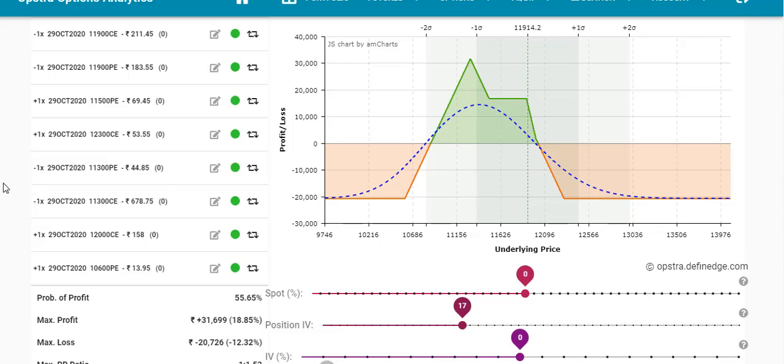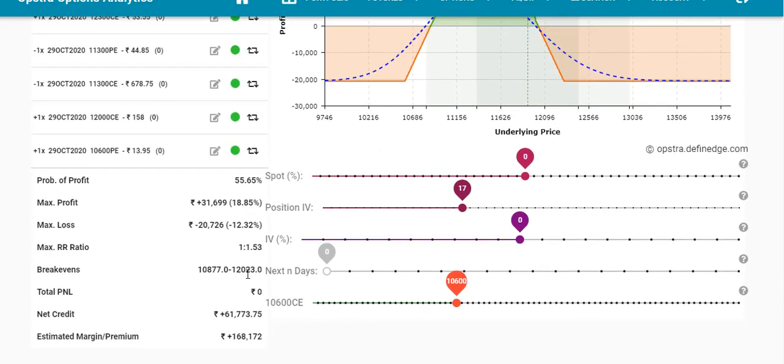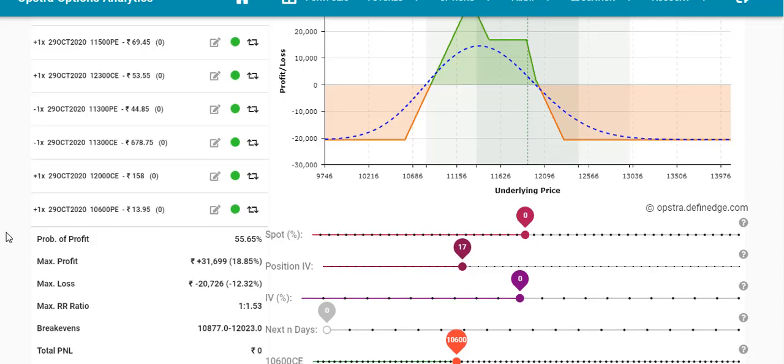If you are trying this strategy for the weekly, you can try it weekly. I have tried lots of times, but the problem with this strategy is if there is a big gap up or gap down. Suppose you have a break even here, around 12,000, and the market has closed somewhere around 11,900, and you think if the market gaps up 50-60 points tomorrow, you will do the adjustment. Suppose the market gaps up 300 points, 400 points, that is the problem. Then you will lose your money, because you have already missed your break even point and adjustment point.